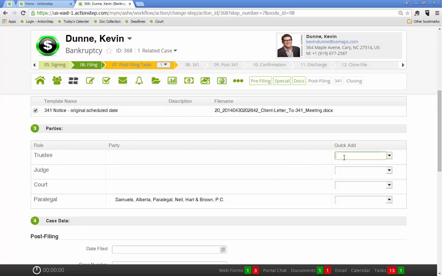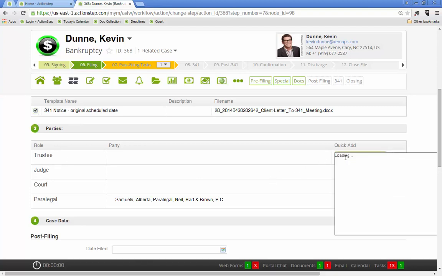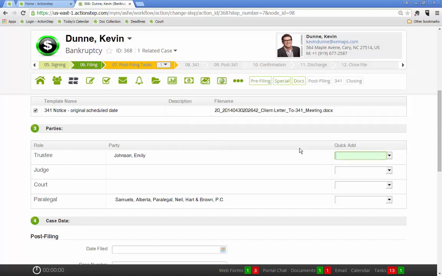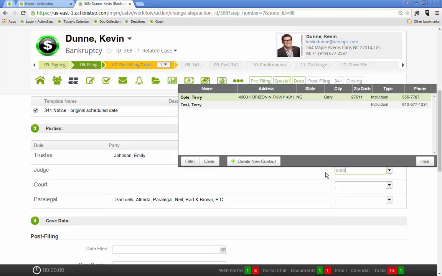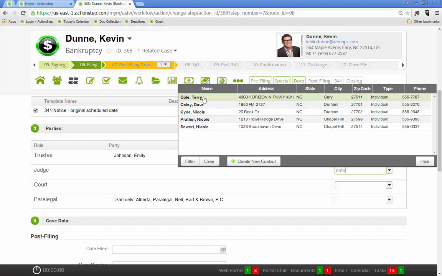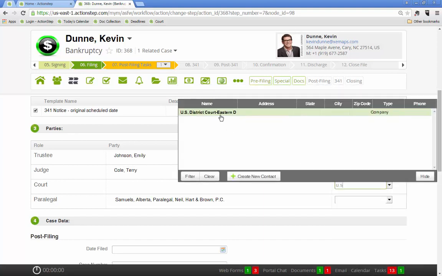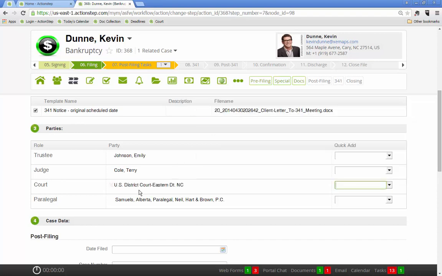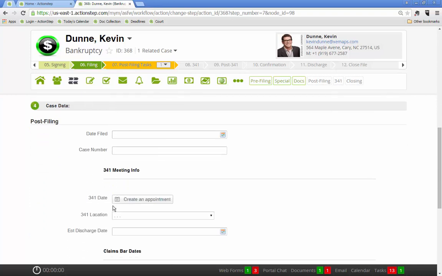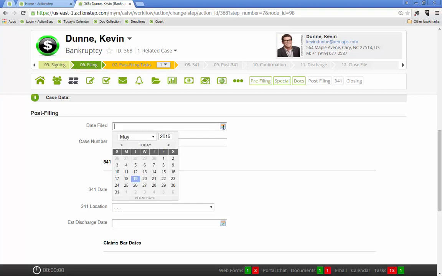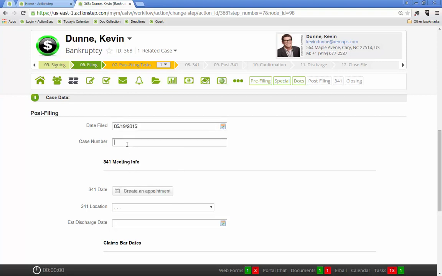Let's go ahead and add Emily Johnson as the trustee, Judge Cole, and the U.S. District Court, and we're not going to change our paralegal. Under case data, you can add the post-filing information such as the date filed, the case number,